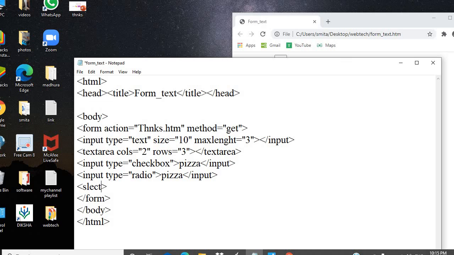So for that we have to use the select tag, and within this select tag, that is opening and closing, in between this select tag we have to use the options. So whichever options you want, go on selecting that.